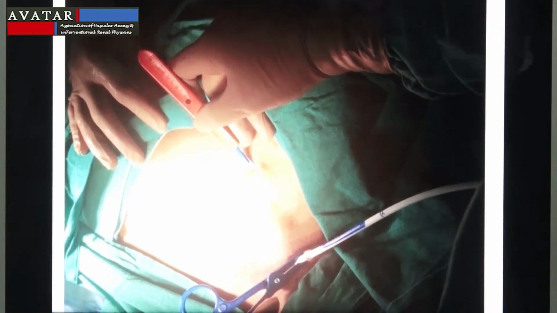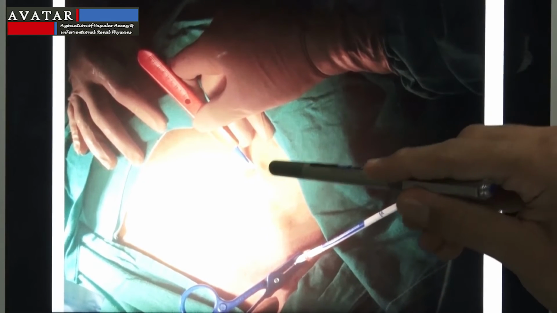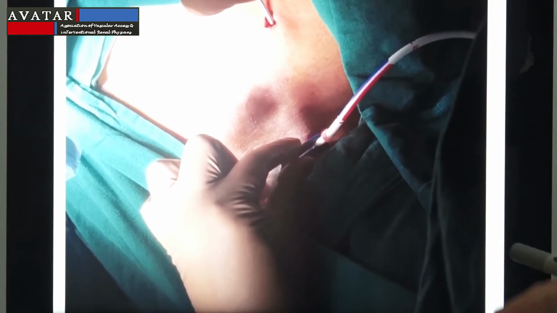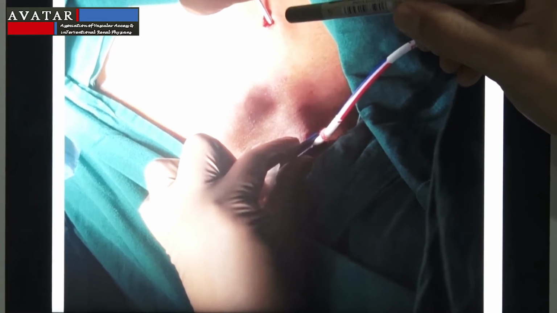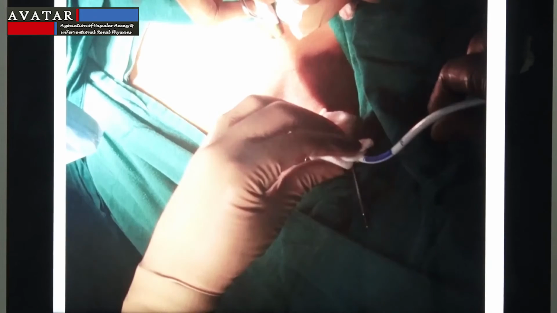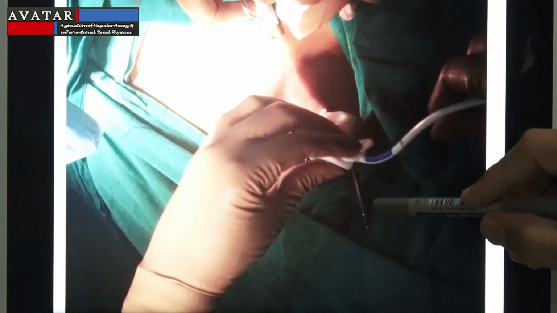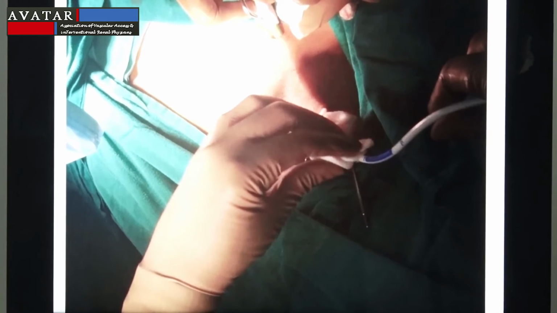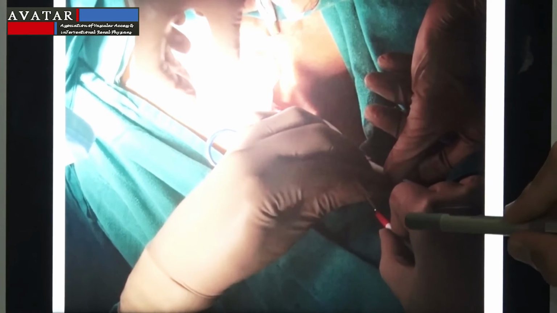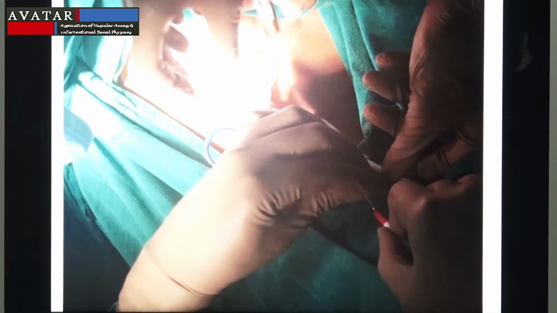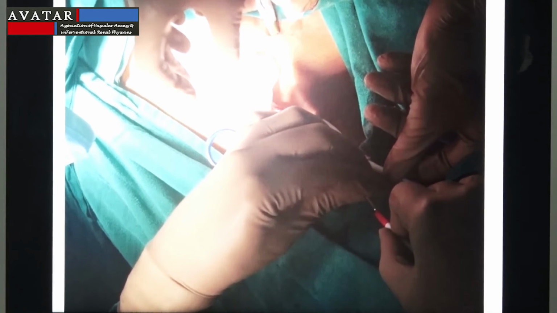Again, after infiltrating local anesthesia, a stab incision is done with the help of a blade, and then the tunneler is introduced over here, directed towards the venotomy site. Here we can see the tunneler coming out from the venotomy site. It has a hand grip so that it can be assisted, and then the end of the catheter is fixed onto the tunneler. As we close it, there is a snap which we can hear and feel.